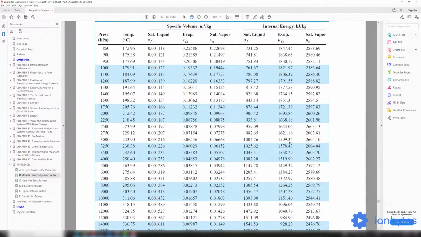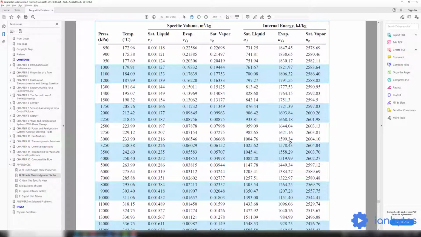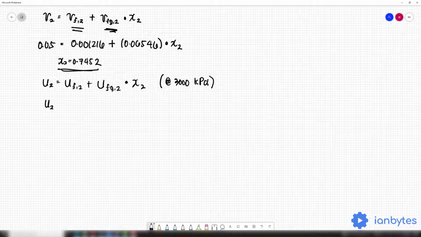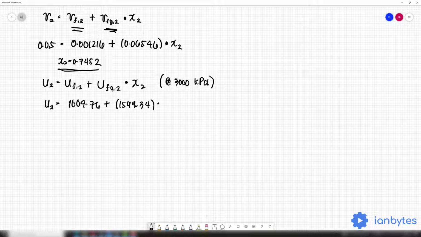Both of them are in kilojoules per kilogram. Let us just write them down. U2 is equal to 1004.76 plus 1599.34, all of them in kilojoules per kilogram, multiplied by 0.7452, which is the quality that we just solved for a while ago,